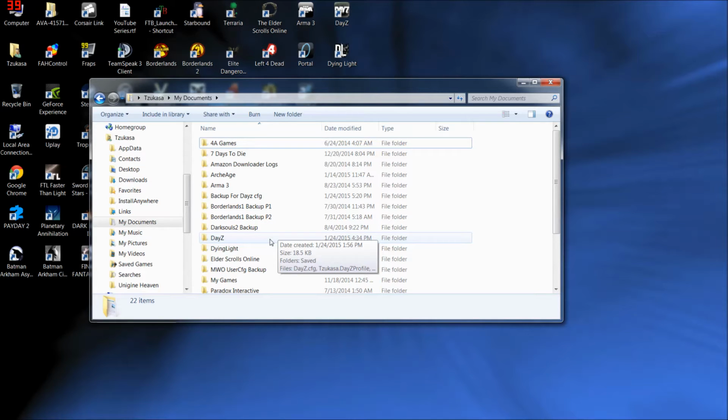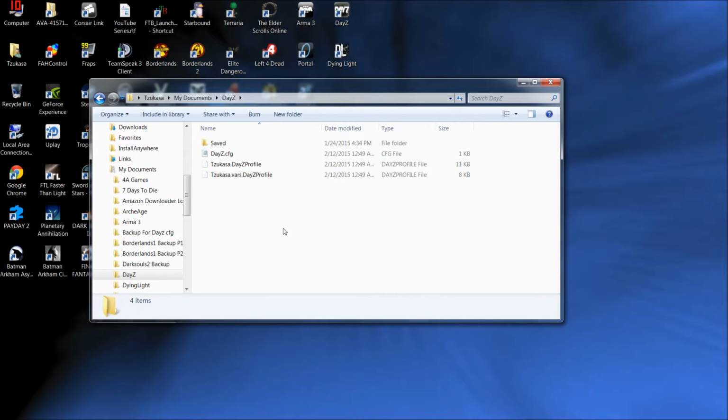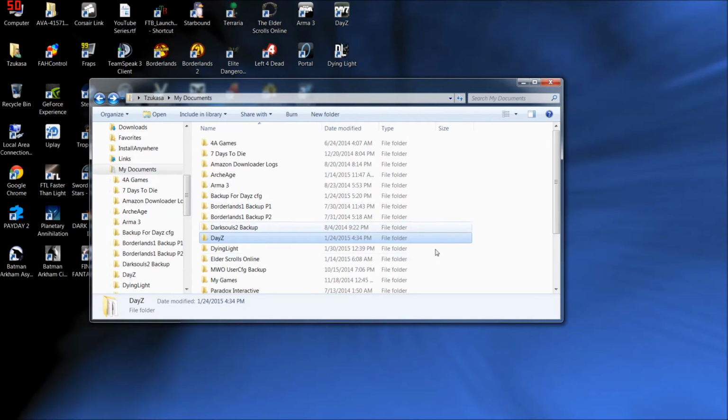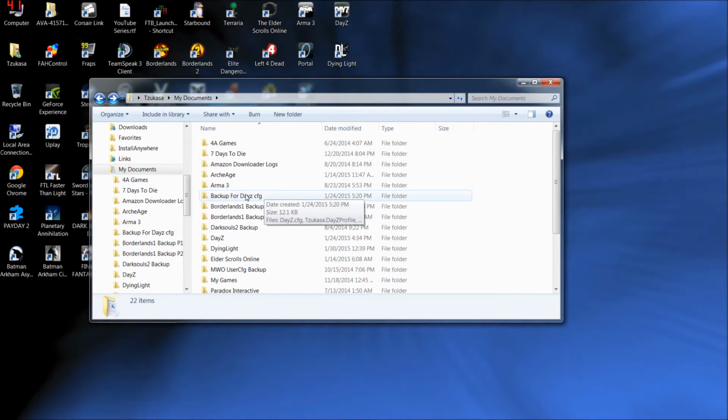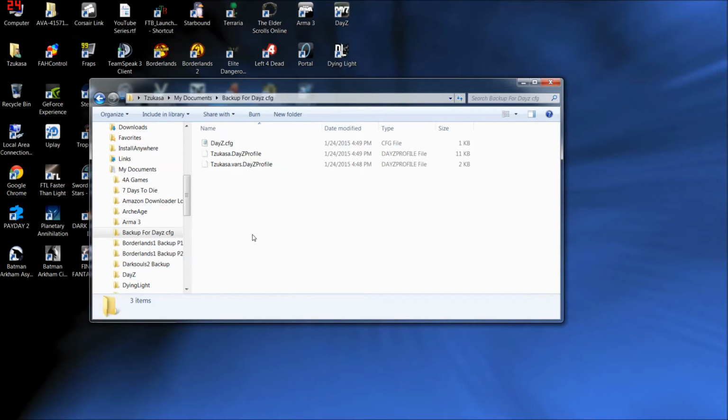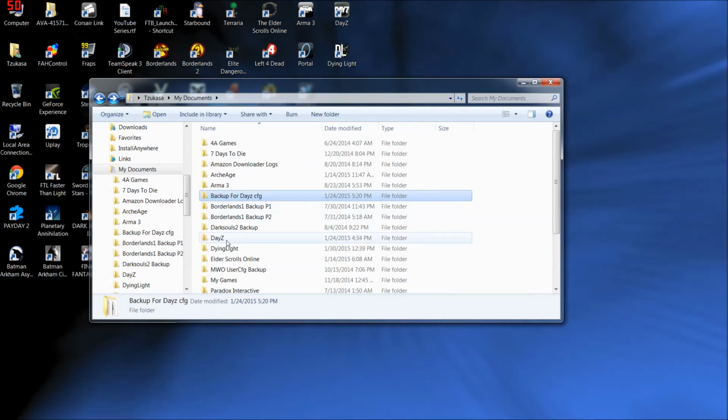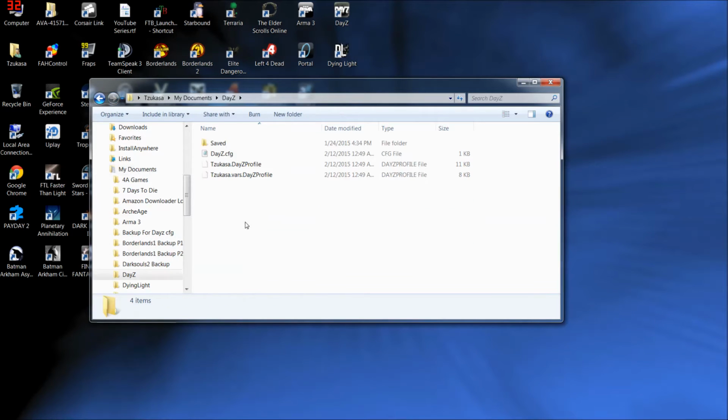Now, as always, when you're changing files, take a backup of them before you do anything. So highlight them, do Control-C, and then make yourself a new folder, and call it whatever, backup for DayZ, and then Control-V and paste an unaltered, unadulterated copy of those config files before you go messing with them. So, and then we'll just back up and go back to the DayZ folder here,